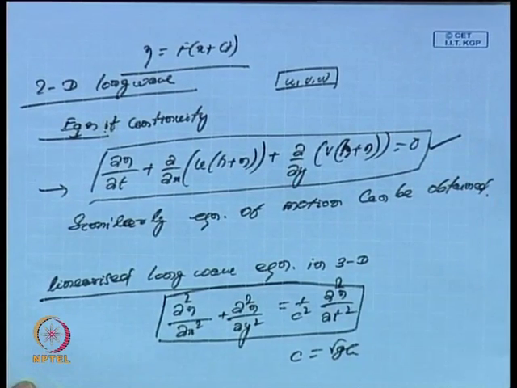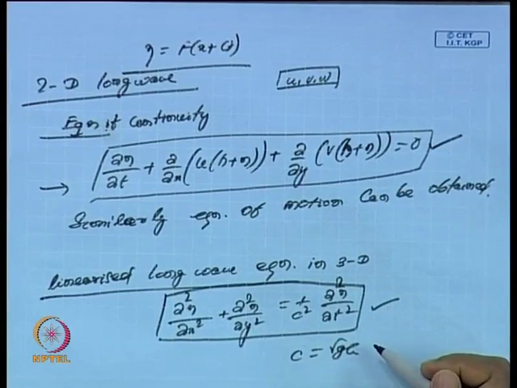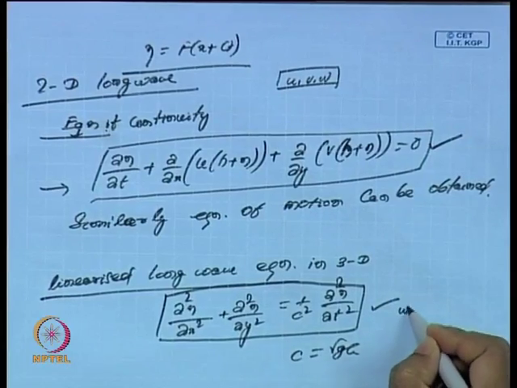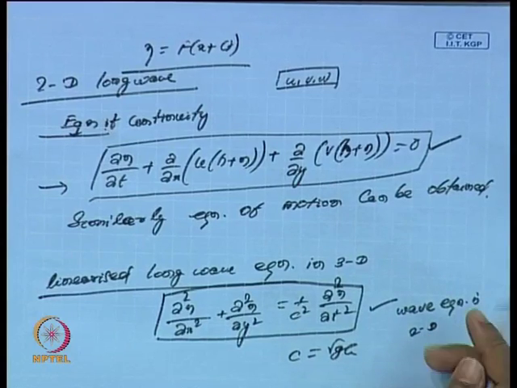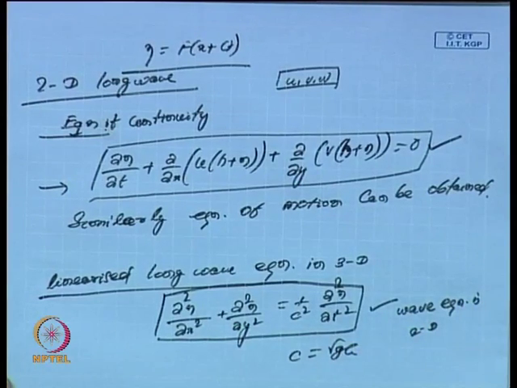I have just given the equation of continuity. As I mentioned, here we will get two equations for the equation of motion, one in u and two relations in v, and we eliminate u, v and eta. Once we eliminate u and v we will get the linearized long wave equation in 3D, and here the wave equation is 2-dimensional. So, we have seen that when the fluid domain is 3-dimensional, the wave propagation is 2-dimensional, whereas when the fluid domain is 2-dimensional, then the wave propagation is 1-dimensional.